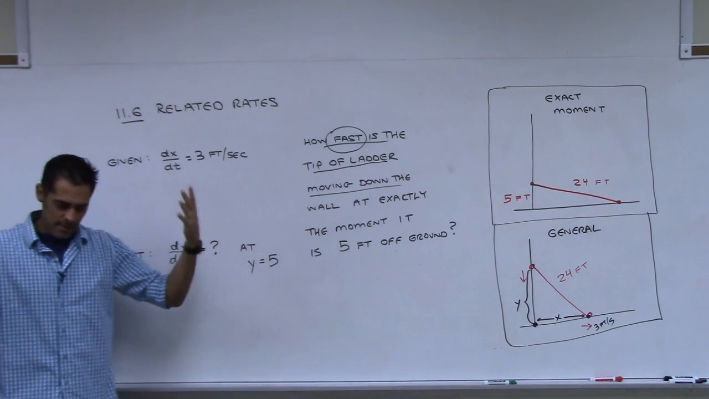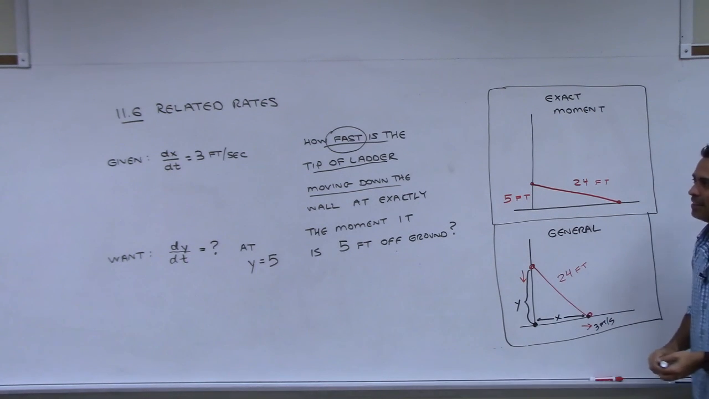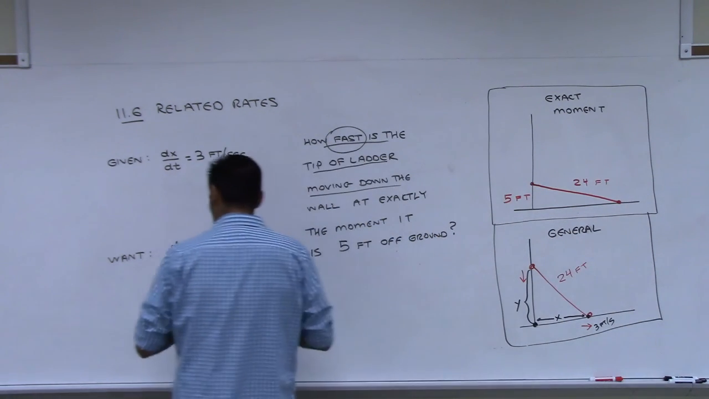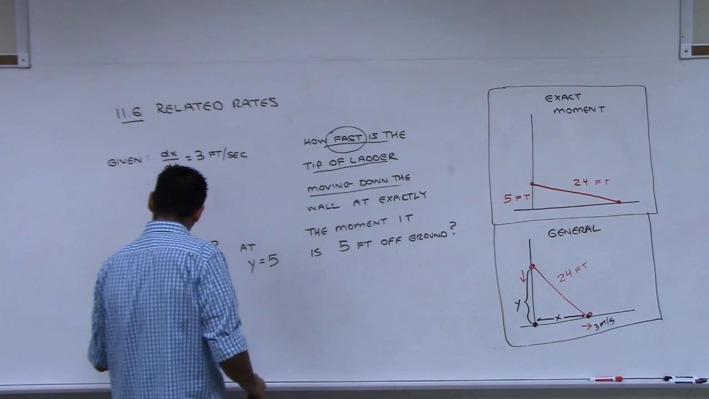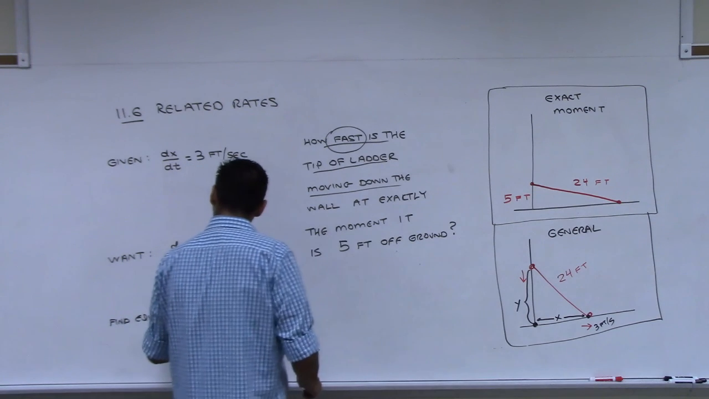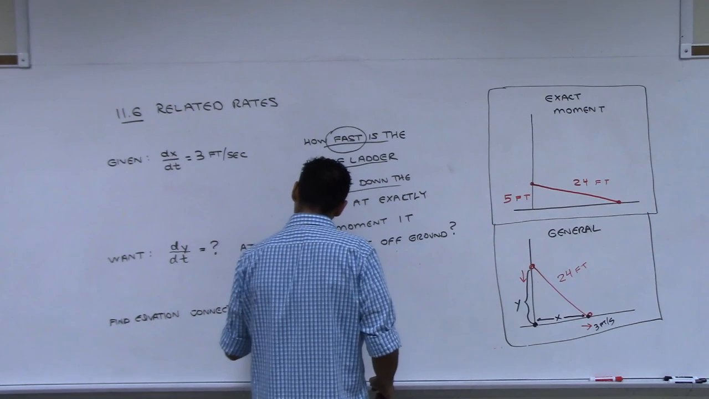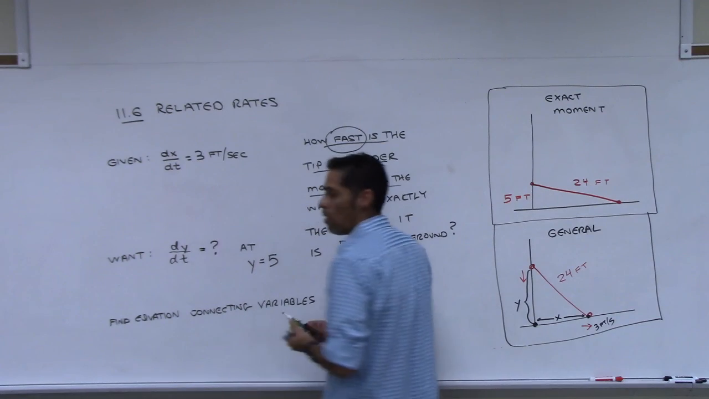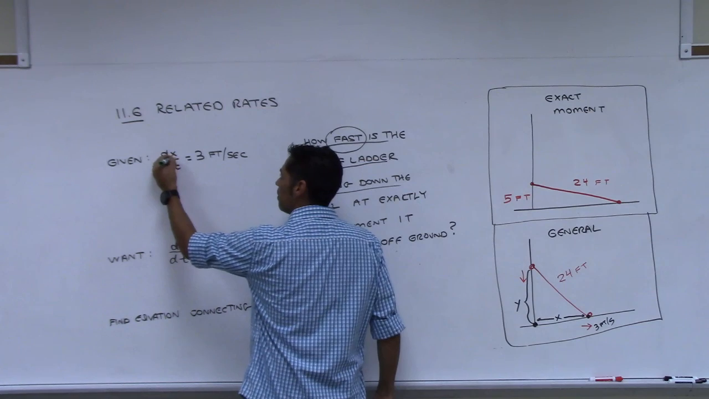Yes? Okay. So where does the implicit differentiation come in? Where does differentiation come in at all? Well, the next part of the problem, the next thing you need to do is you need to find an equation connecting your variables. Okay, that's the next part. So when I say connecting the variables, I mean this variable here, x,